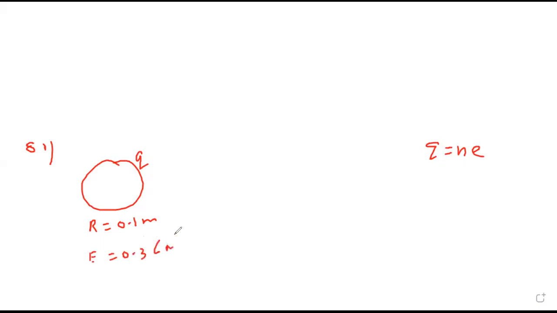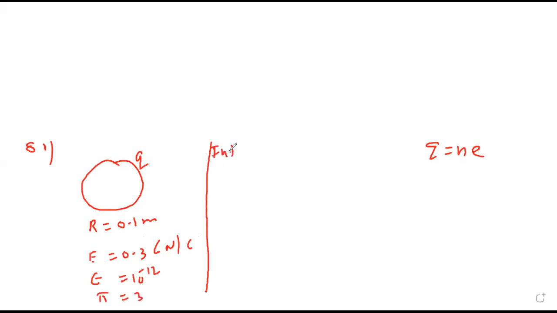Number of electrons to be put on a spherical conductor. Number of electron means the charge that will develop. If I get charge, then I will say Q equal to Ne. From that I will get electron. On a conductor of radius 0.1 meter, to provide electric field of 0.36 Newton per coulomb just outside the surface. Take epsilon as 10 raised to minus 12 and pi as 3.